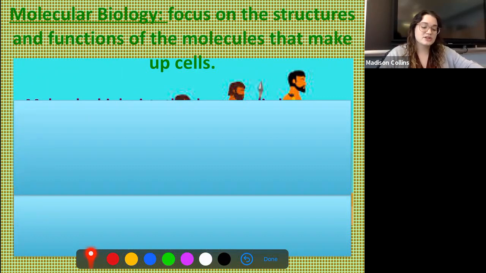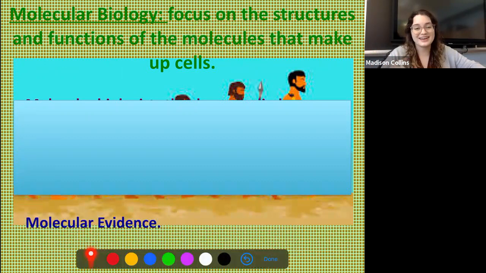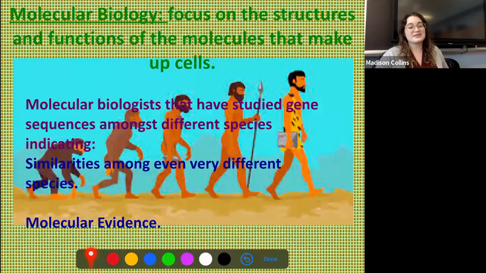This is focusing on the structures and functions of the molecules that make up cells. Now, if we're looking at the molecules that make up cells, what type of evidence do you think that is? It's going to be molecular evidence, right? And molecular biologists that have studied gene sequences among different species have once again indicated that there are similarities amongst